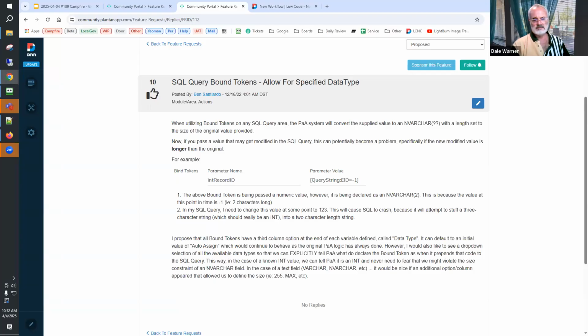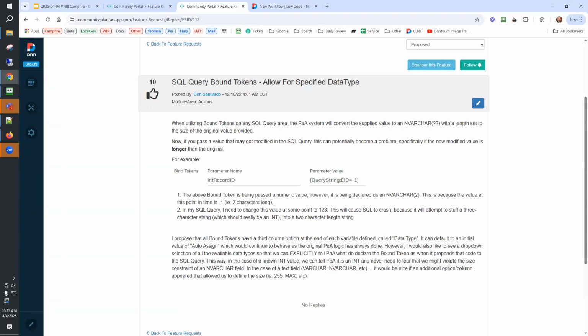The way I envision it in my head is this image where it says bind tokens, where you have the parameter name and then the value, and right next to the value another field, which is a drop down that says data type. And one of them could be default, and you could leave that as existing behavior, even if it's just defining it as varchar of the size of the original data coming in. That way a new version of the action would have the same exact behavior as it always has.